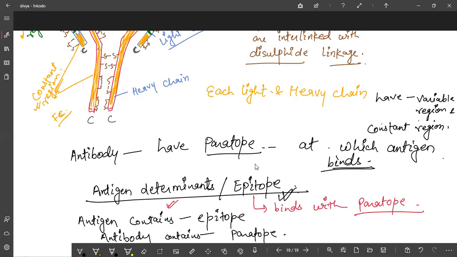And basically in the structure of antibody, there are 2 terminals. One is called N terminal, another one is called C terminal. One is variable region and another one is constant region. Is it clear to you? So this is all about antibody. Some types of antibodies are there. Types of antibodies.